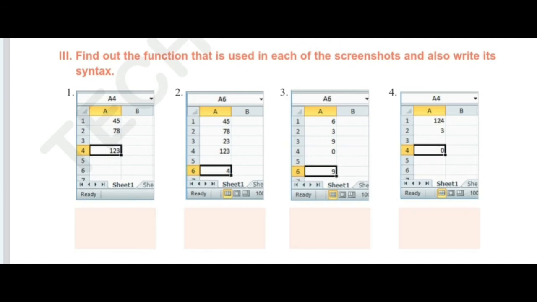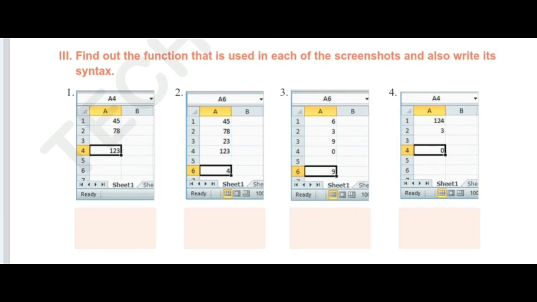So they have counted the cell values. For this screenshot, we have to count the cell values, and the number of cells entered is 4. So the answer for this one is 4. The Count function is used here. Count, brackets, A1 to A4. When you create this function in MS Excel, you will get the answer 4 in that cell. So the answer for this screenshot: equal sign, COUNT, brackets, A1 to A4. When you enter this function, you will get the answer 4 in that cell.